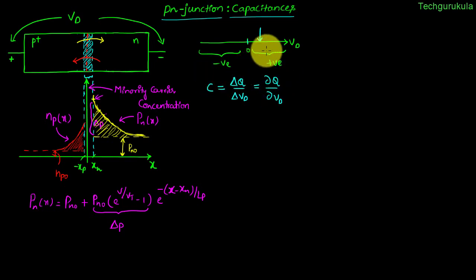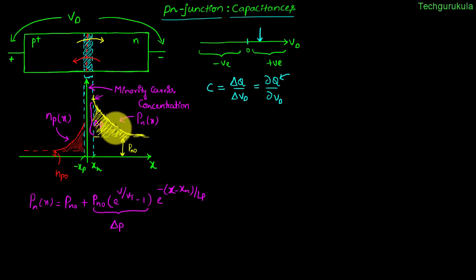Instead of changing VD by just del VD and then finding out how much is the change in the charge stored, we'll simply find what is Q as a function of applied potential and then do differentiation in order to find the capacitance. So now to start with, let me find what is the charge, which is the excess hole